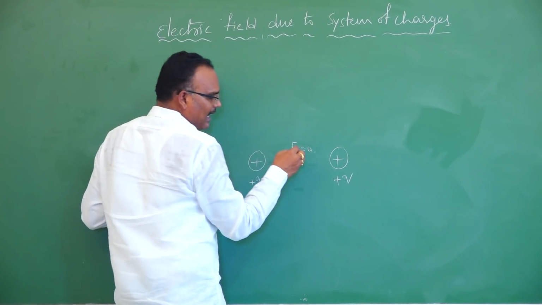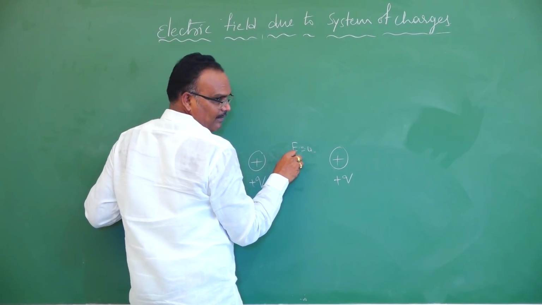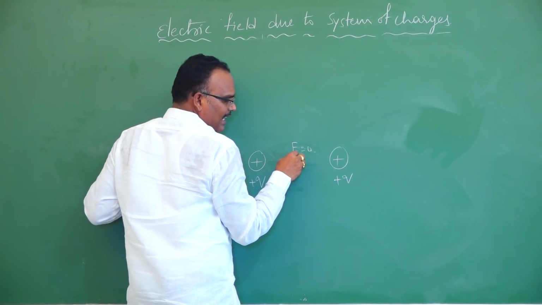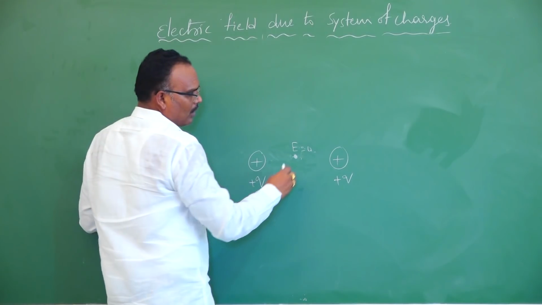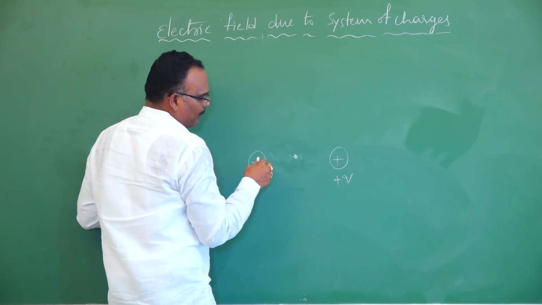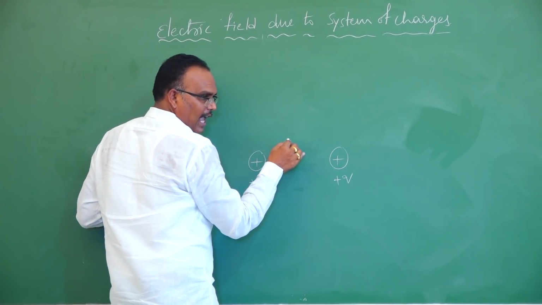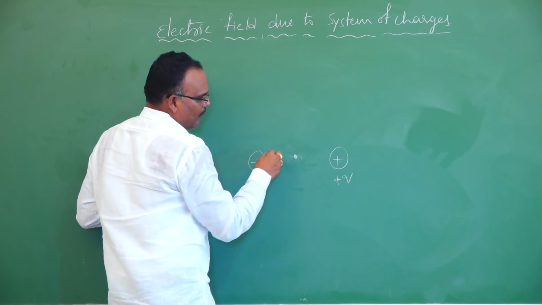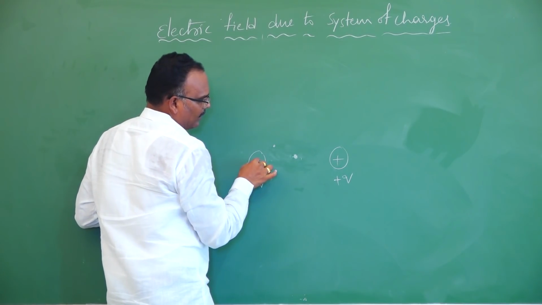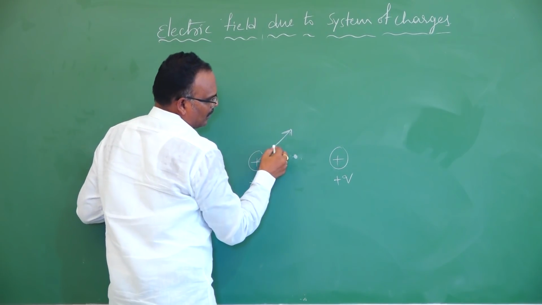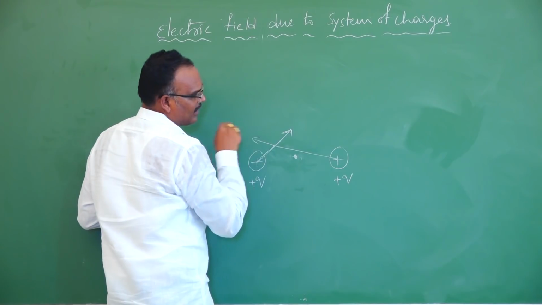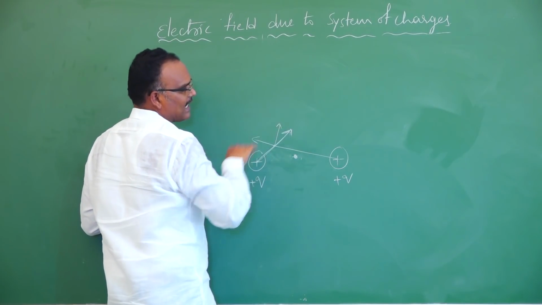Okay, that means here the electric field line does not exist. The electric field line is absent, which means the electric field is 0. So that's why the electric field line will not be present here. If you take a positive charge here, this one repels in this direction and this one repels in this direction. So it will move in the resultant direction.